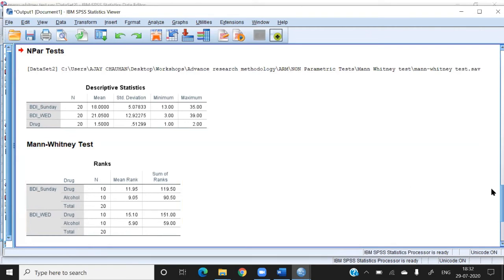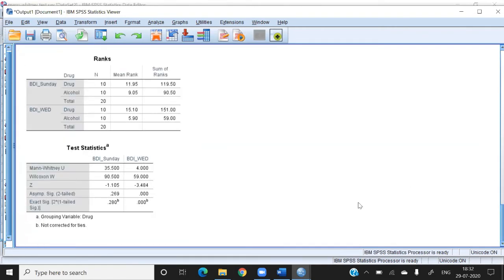We want to check whether they are significant or not. Can we say 11.95 and 9.05 are significantly different? The answer is no. The p-value is coming to be 0.269. When this probability value is more than 0.05, we can say that on Sunday there is no difference in the tension between both the groups.